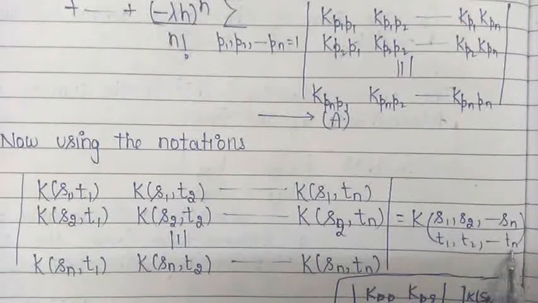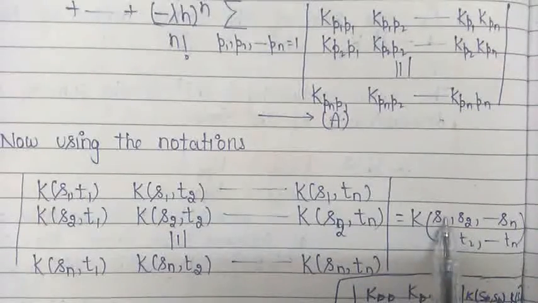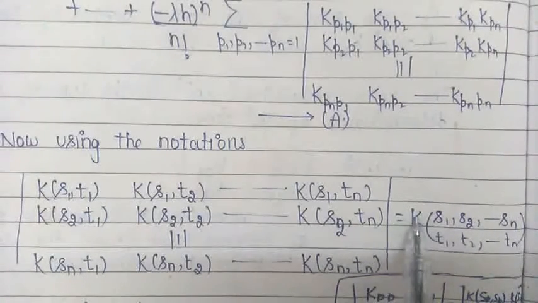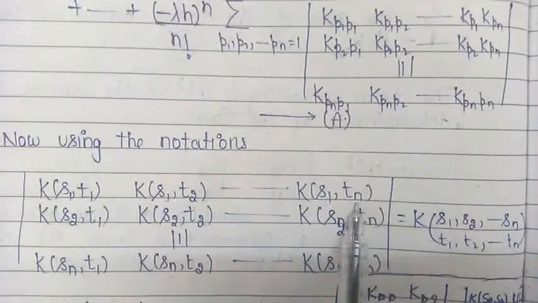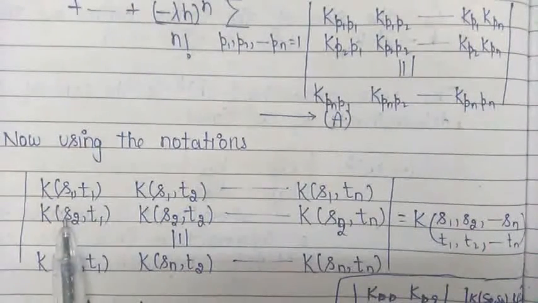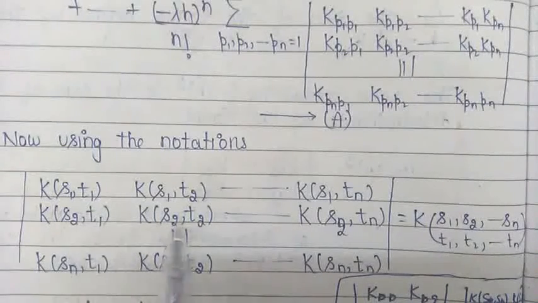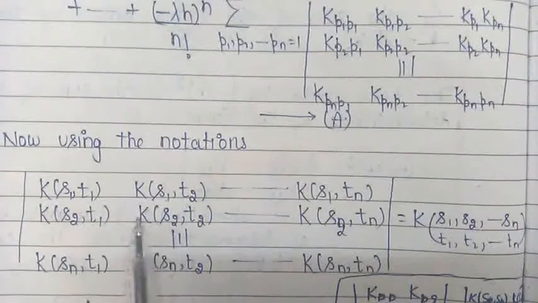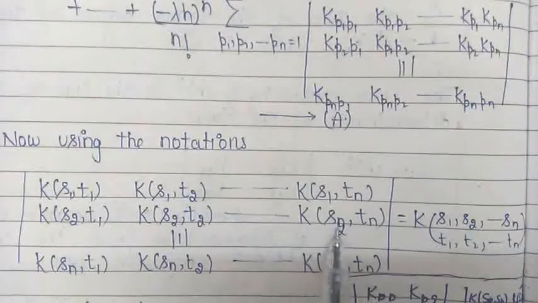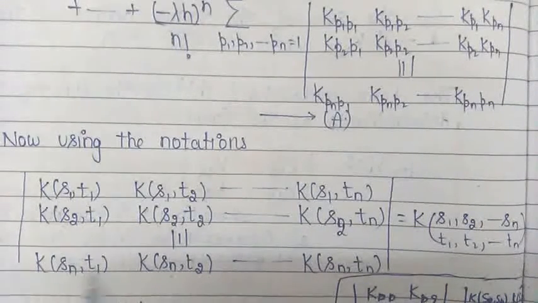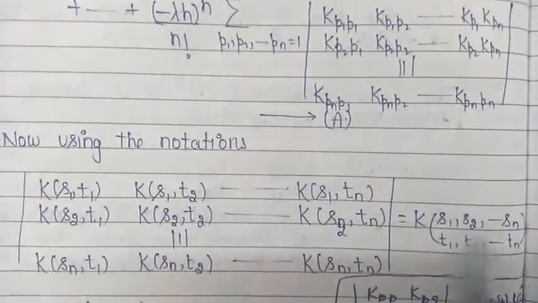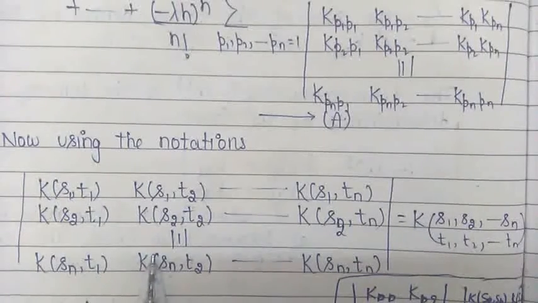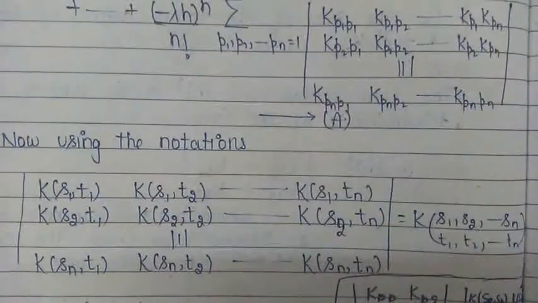So the notation we will use is a determinant in which in the first row we have K(s1, t1), K(s1, t2) and so on, K(s1, tn). In the second row this is fixed, s2, and the terms in t are varying. So K(s2, t1), K(s2, t2), and so on, K(s2, tn). In the last row, sn is fixed. So we have K(sn, t1), K(sn, t2), and so on, K(sn, tn). So this is the notation which we will use to write all the above determinants